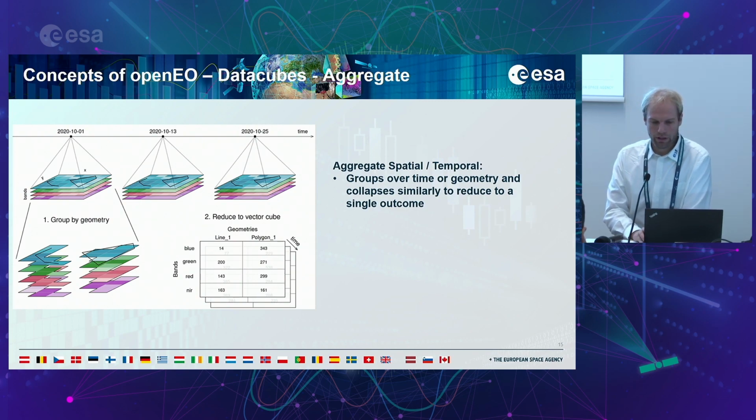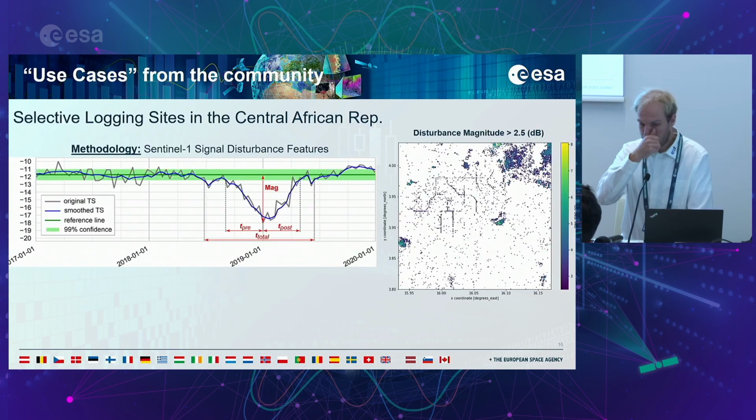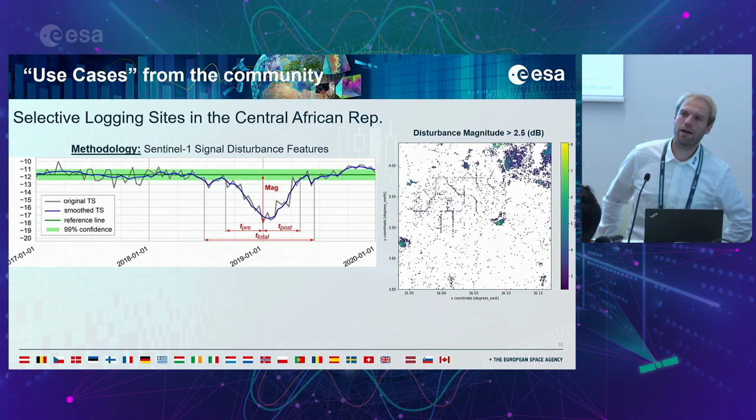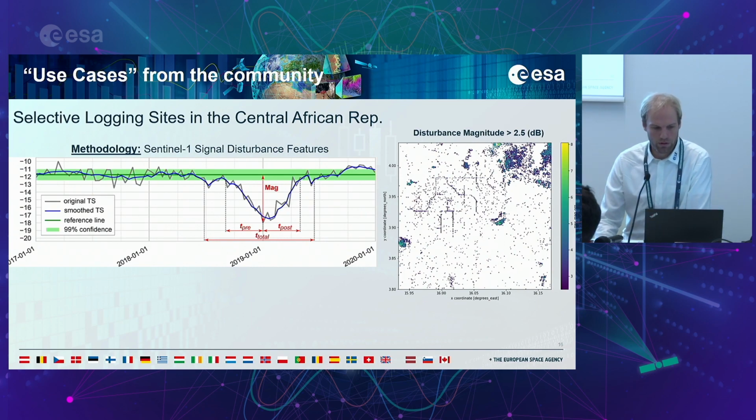So also the aggregate spatial, temporal, similar concept again, you can use any kind of polygon or line or so to actually aggregate. Maybe now a bit deeper into what has been done, and thanks to Milutin, I think he's somewhere in the back here. This has been implemented on OpenEO actually. It's a use case from the community that was implemented already last year. So you could actually look at Sentinel-1 disturbances and find out selective logging sites from the Sentinel-1 disturbance